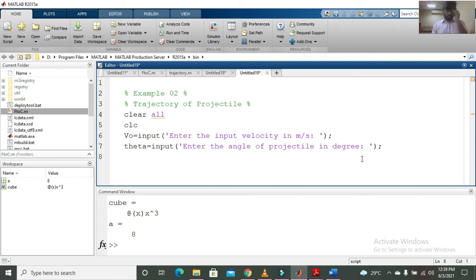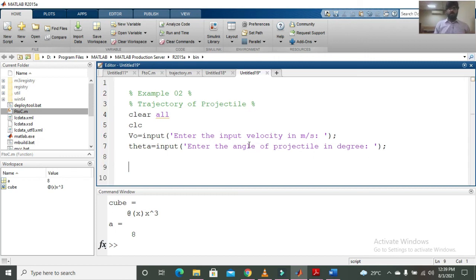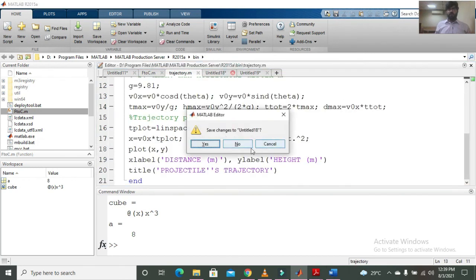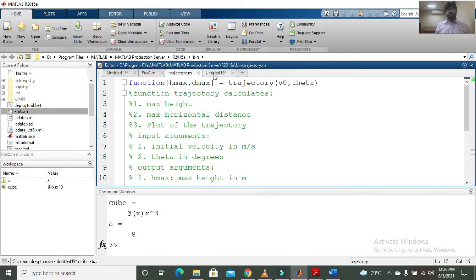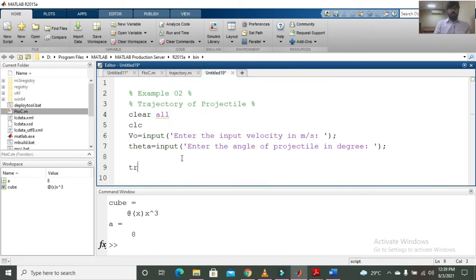So now what I am going to do is use the already made function which I have saved by the name of trajectory. So I'm using it.